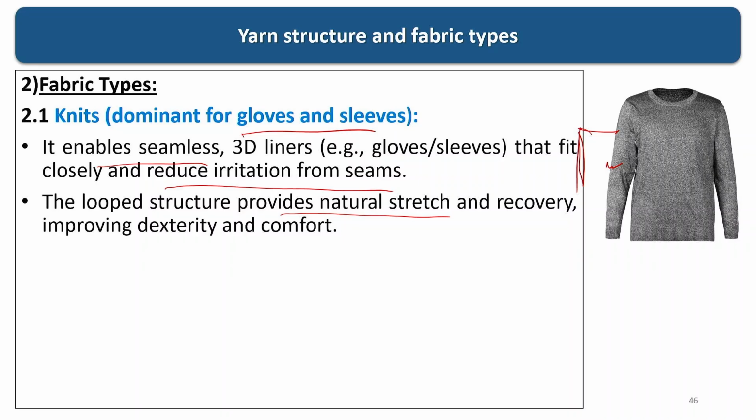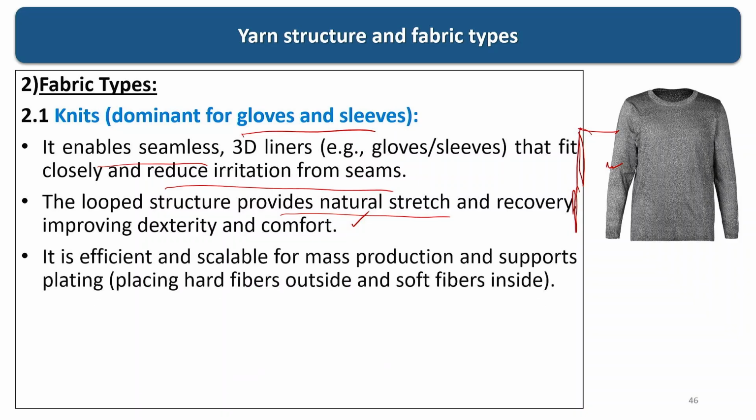That is stretchable, which improves the dexterity and comfort, so a person can work for a long time with a particular concentration. That is important in the knit structure. It is efficient and suitable for mass production, because it is seamless, in one go. So, we can have mass production and it supports